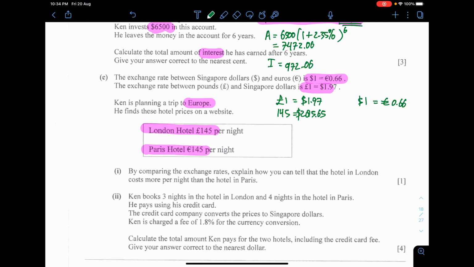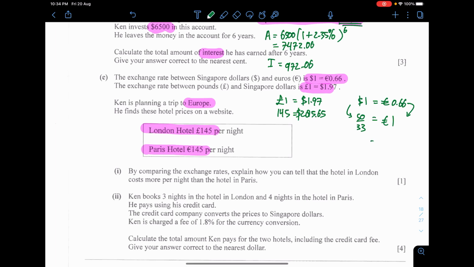Now, if you are not so used to converting, usually I just convert them into 1 first. I want it to be 1 unit, and to make 1 is very simple. You divide by 0.66, divide by your own self. I do the same for the left hand side. Divide by that. I get 50 over 33. I put it in fraction first because I don't want to convert into decimal places just yet.